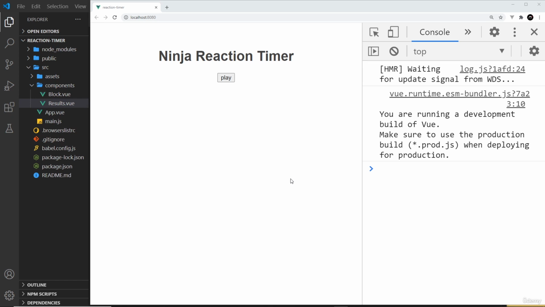So if they get a really good reaction time, which is maybe less than 250 milliseconds, then they might get a rank like Ninja Fingers, which is a good rank. If they get something between 400 and 600 or something like that, we can say maybe Rapid Reflexes. Anything else would be slow, right? So let's create that rank based on how quick they are, based on that reaction time, and then output it